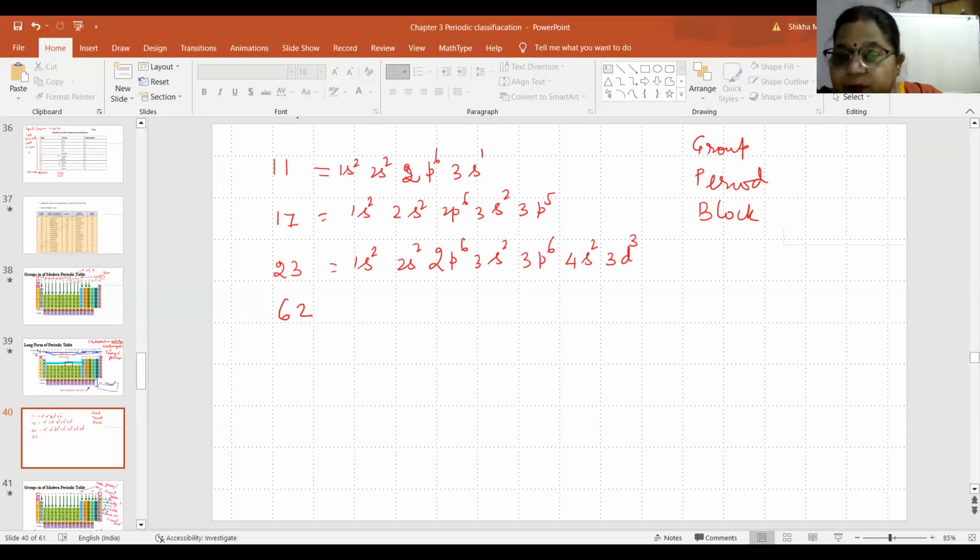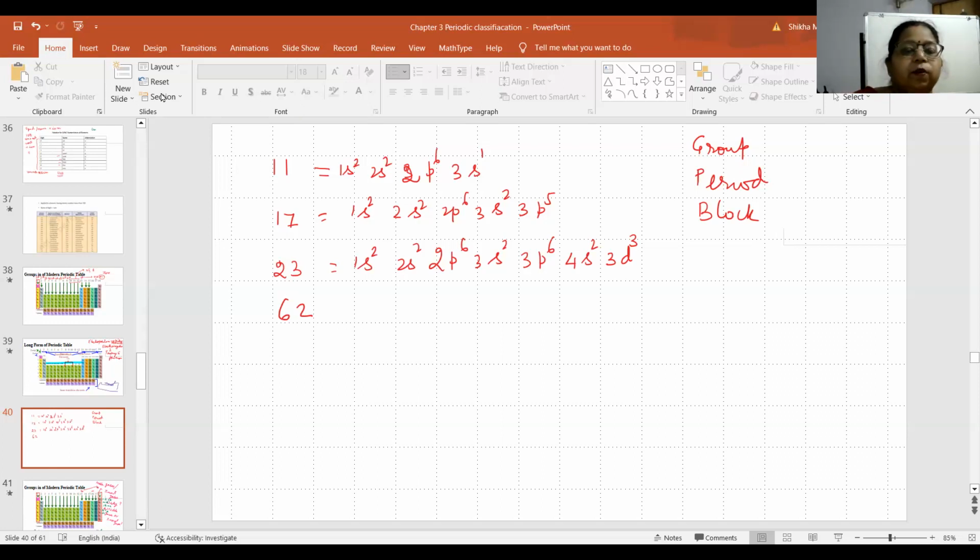Now, let me explain the reason that we study the chapter structure of atom first, followed by the periodic table. If somebody asks me, although we know this is sodium, in which group it is placed, I have not given you the tougher ones. In exam, they usually ask for 47, but that would have taken a lot of time, so I thought we will begin with this easier one.